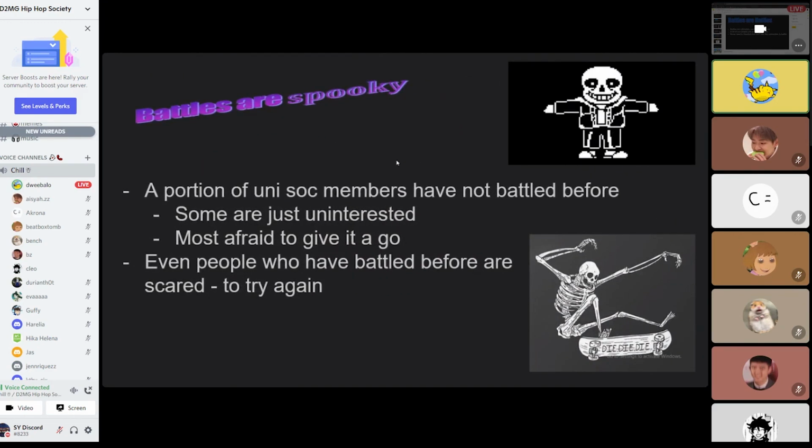Battles are scary, right? It is a very confronting and frightening thing to jump into. So for most people, they don't even want to give it a go because once they've watched something like Step Up 2 or whatever, and I haven't watched Step Up 2, but there's probably a really angry fight scene in there, they see that and they're like, oh, I never want to give battling a go because it's scary, right? So far we have the idea that battles are very difficult to partake in and very scary to partake in. So we're already predisposed to not enjoy them.